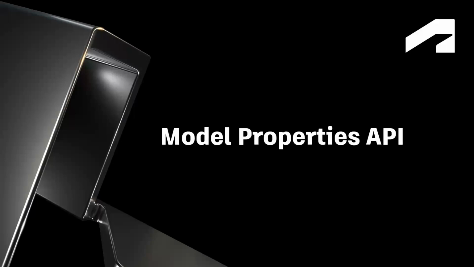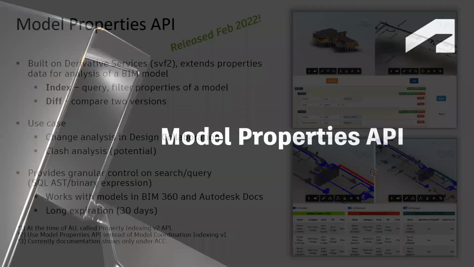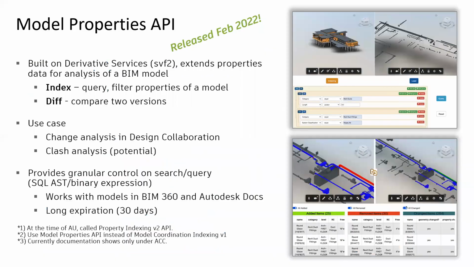Next, I will look at the model properties APIs. The model properties API is built on top of SVF2. For those who are not familiar with SVF2, SVF2 is an enhanced version of the viewable format that the derivative service produces. It extends the properties data for the analysis of BIM 360 BIM models, and there are two